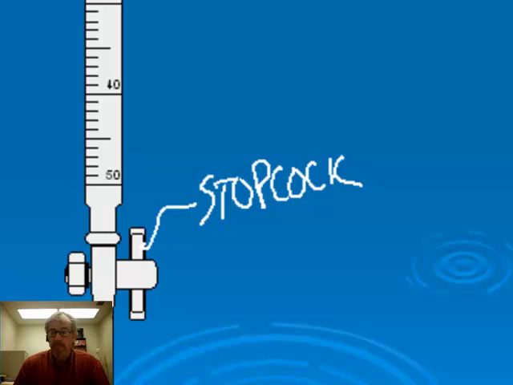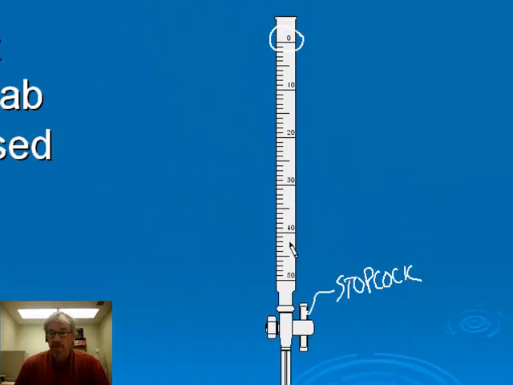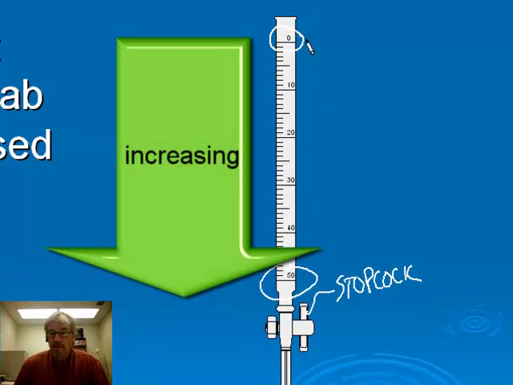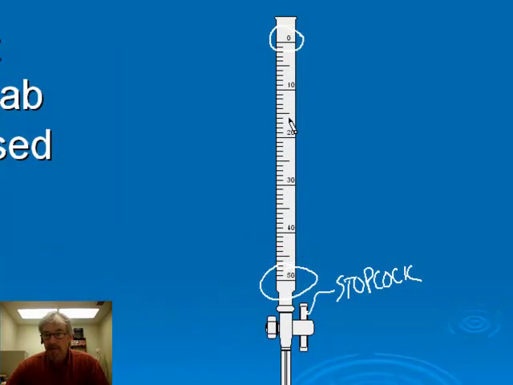The markings on here that indicate volumes go from 0 at the top to some higher number at the bottom. So this tool isn't designed to measure how much liquid is in the burette. It's designed to measure how much liquid has left the burette. So you take a starting and an ending measurement, and the difference between the two is how much drained out the bottom. What goes inside the burette is something that's called a titrant,